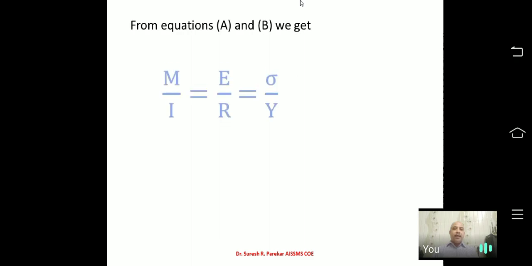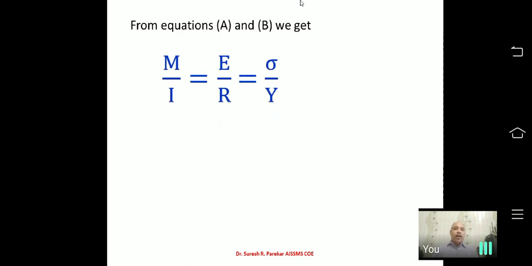So I we have taken on the left side, and this is my equation B. If we combine equation A and equation B, we get this formula, which is known as the flexural formula. And the most important flexural formula is M by I equal to E by R equal to sigma by y. My whole bending stress topic is based only on this formula. We just have to rearrange it and apply it properly to the given problems, and then we can solve problems very easily.